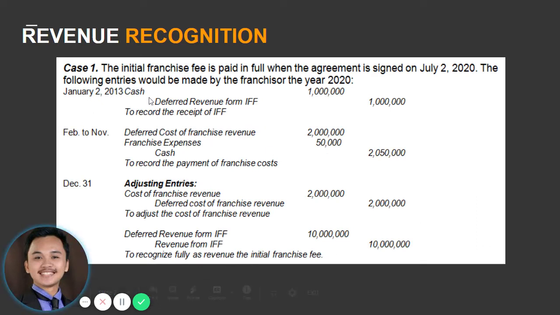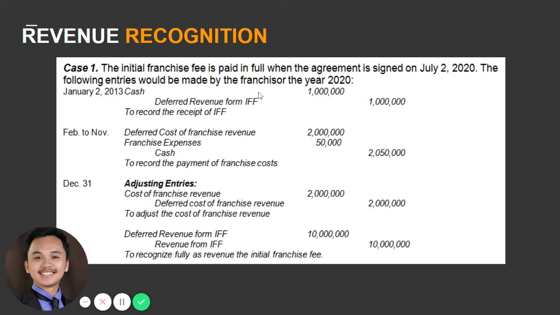For example, when the initial franchise fee is paid in full when the agreement is signed on January 2, 2020, that's not July but January 2, the following entries would be made by the franchisor in the year 2020. So again, case 1 assumes that there is full payment, a lump sum payment of the initial franchise fee the moment the franchise agreement was signed on January 2. So therefore, our journal entries here will be